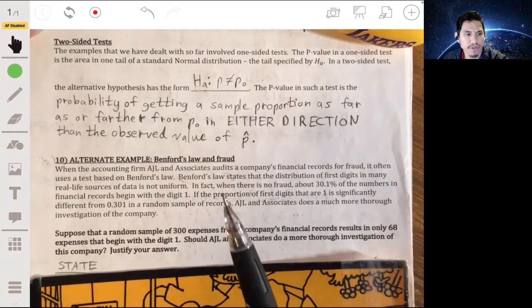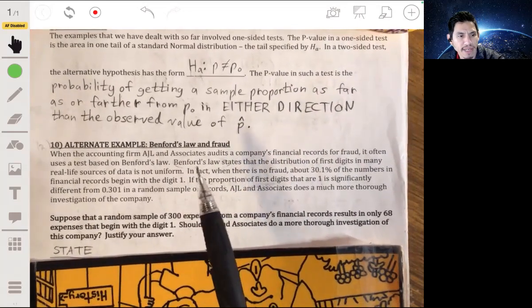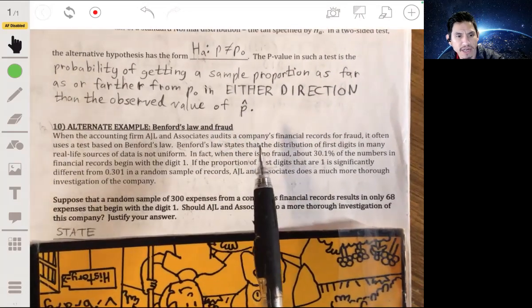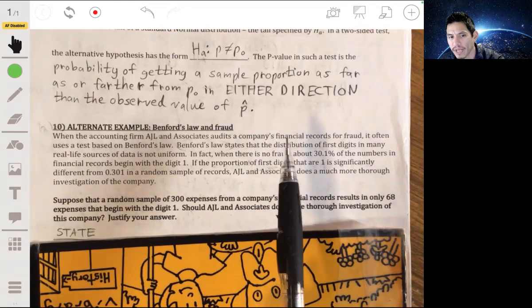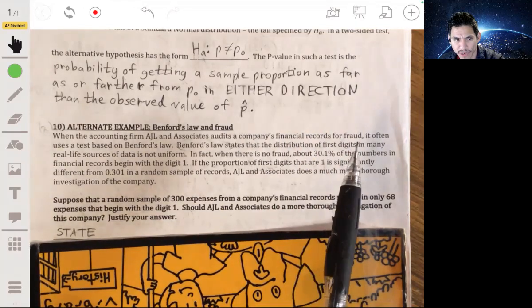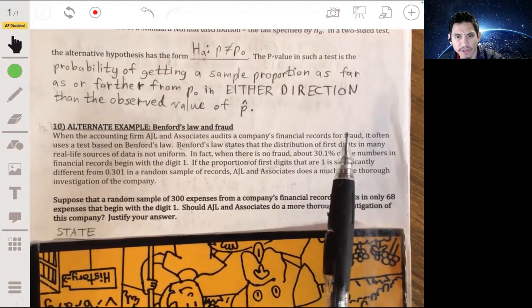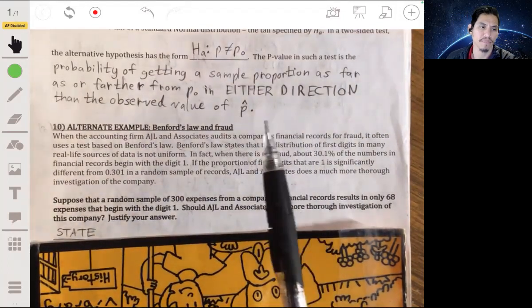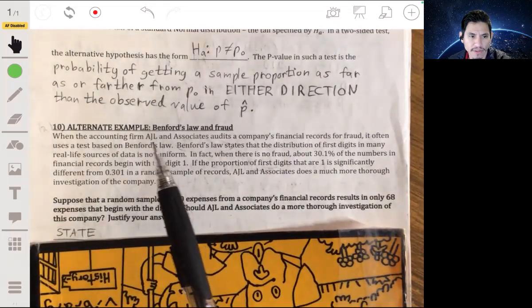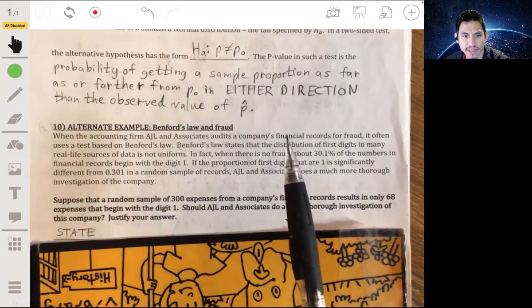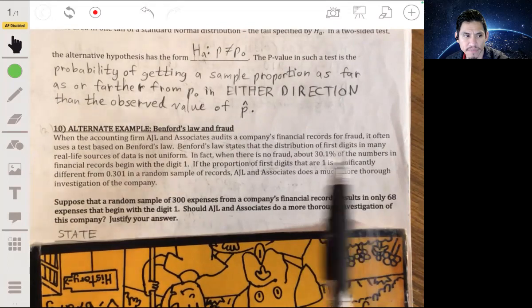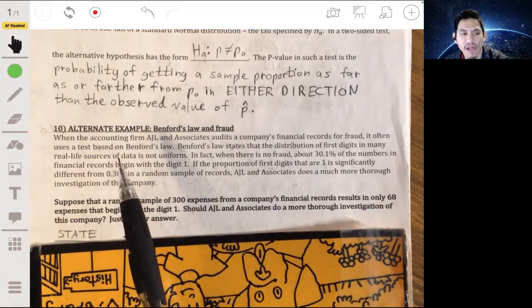So here we've got the accounting firm AJ&L and Associates. They audit a company and they look into their financial records for fraud. And this is actually true, if you're wondering. They use something that's called Benford's law. This is basically a law that states that the distribution of first digits in many real-life sources of data is